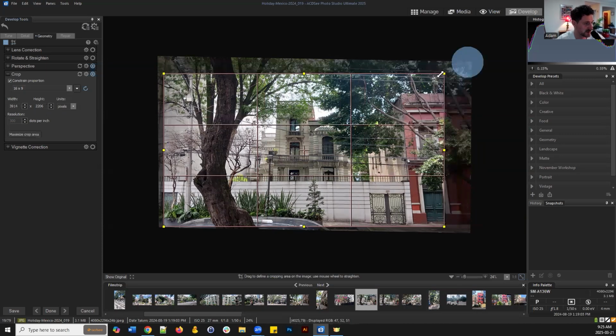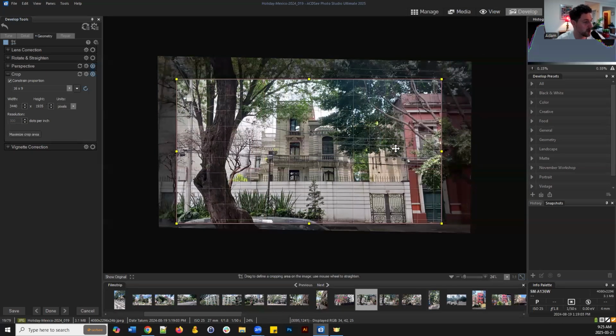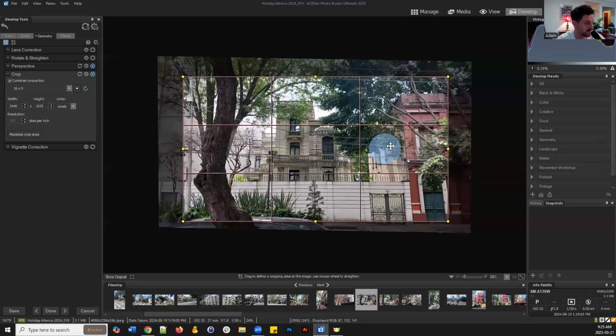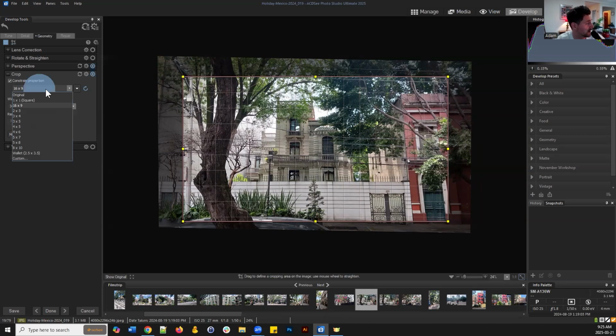So its height is slightly more than half of its width. So Bruno, to answer your question, I've navigated to it here in the crop panel. It's actually the second option here. And there's a bunch of different options here. It's sort of standard